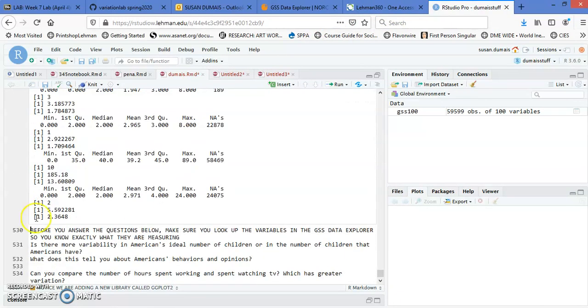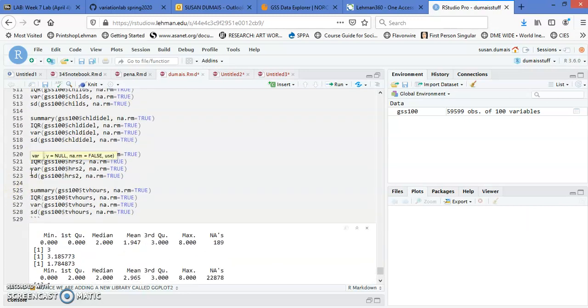Is there more variability in Americans' ideal number of children, or in the number of children that Americans actually have? And what does this tell you about Americans' behaviors and opinions? Okay, so